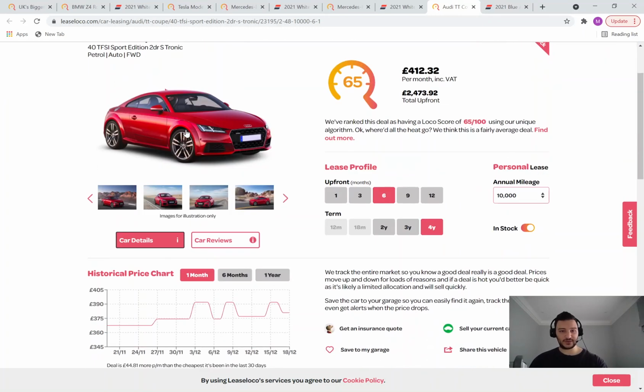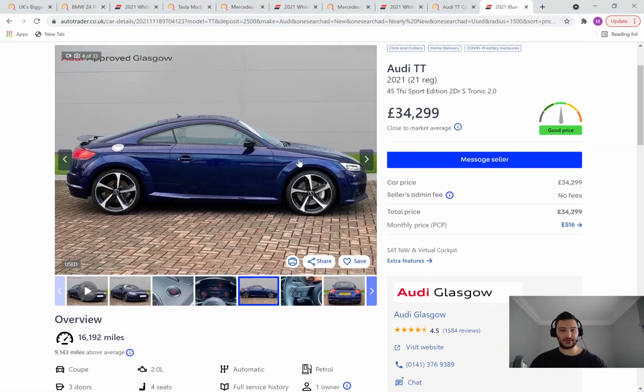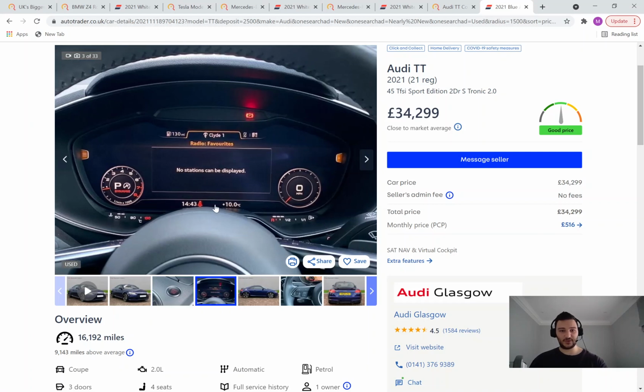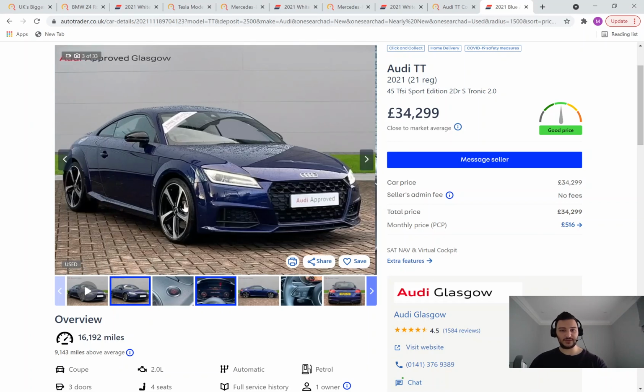You can see it's a really nice looking car, and the reason I like it so much is if I go onto this Auto Trader advert here, you've got these nice black edition wheels. The previous generation TT had these on the black edition. You've also got this spoiler which you can pop in and out depending on how sporty you want the car to look. It's also got this really nice start-stop button to start the engine, and a lovely virtual cockpit, as well as a really aggressive kind of